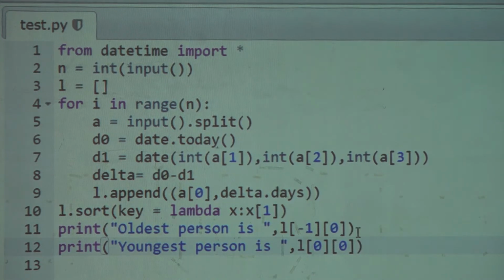That will give you the name of the youngest person. So we know the name of the oldest person and the youngest. So it's very nicely done. It's really very good. Looks like this person has understood quite a lot, and this is what we want you